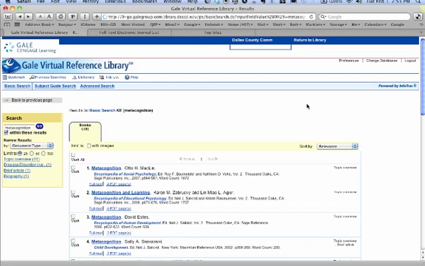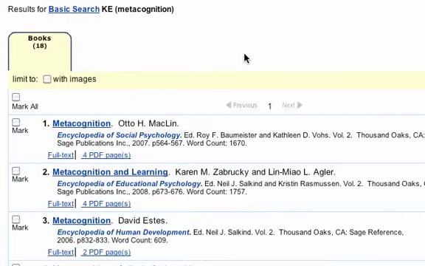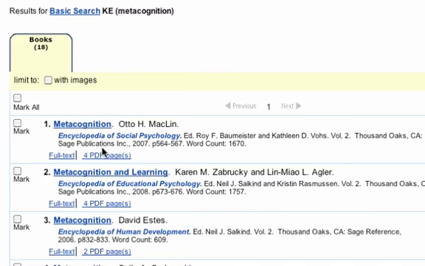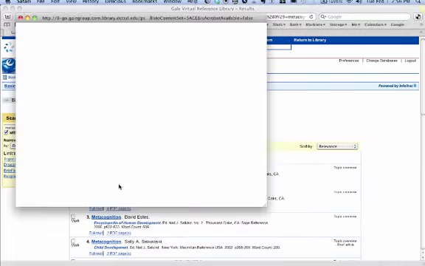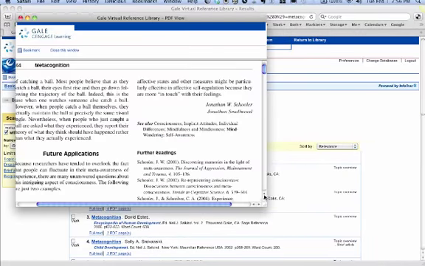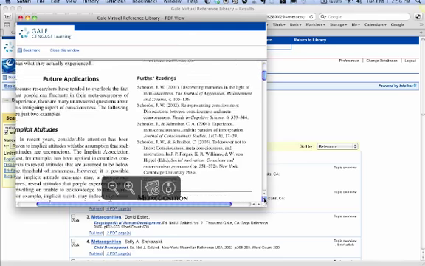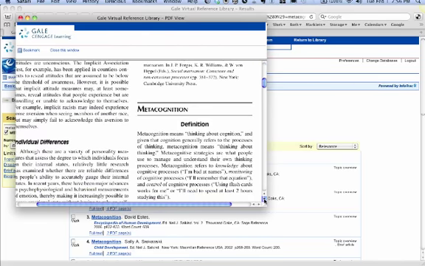that is at the end, say, of an encyclopedia article. For example, at the moment I'm at the Gale Virtual Reference Library. I've looked up the term metacognition. There is an article in the Encyclopedia of Social Psychology. If I click on the PDF of that, I will see immediately there's where the article begins, and if I